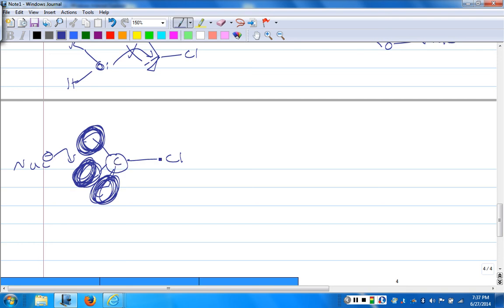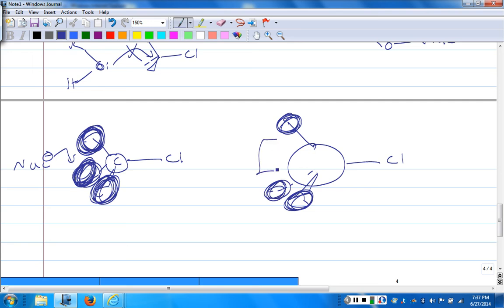But I'm not dealing with carbon, right? I'm dealing with TMSCl, and silicon is a much bigger atom than carbon. So yes, I still have my methyl group here, and here, and here. But my goodness, there's tons of room for a nucleophile to approach. There's a huge window for backside attack. So because silicon is a bigger atom than carbon, the silicon atom is sterically open to nucleophilic